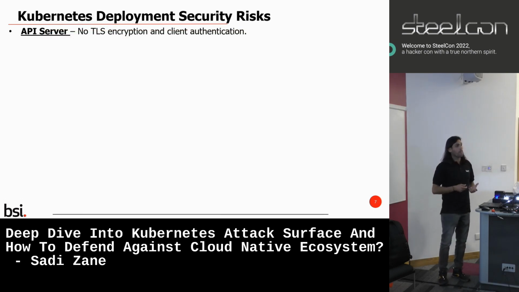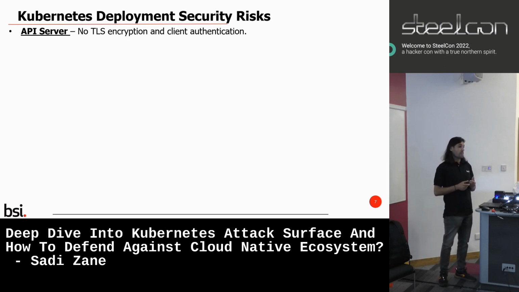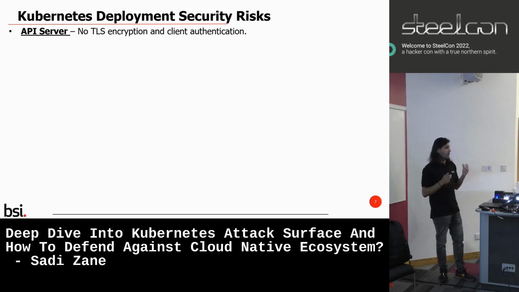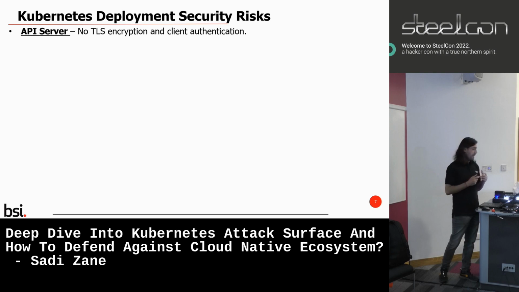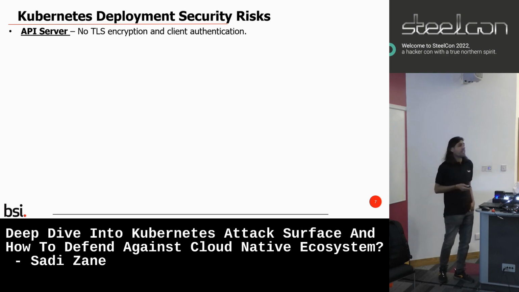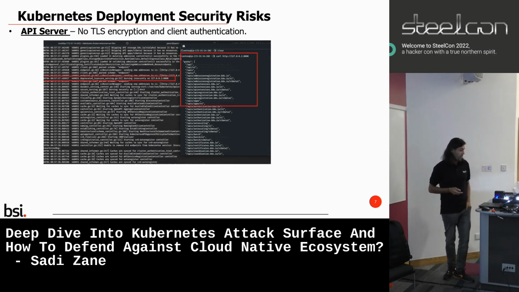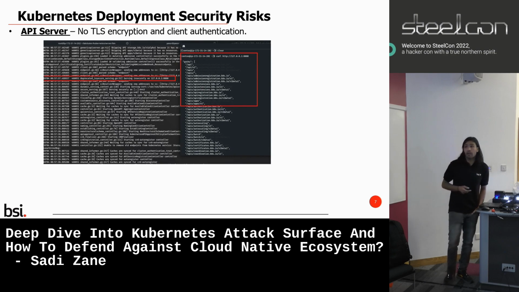authentication and encryption, in transit as well as at rest. So some of the issues we see when you deploy Kubernetes on-premise on bare metal are that there is no TLS and there is no client authentication. So what happens is, when there is no TLS and no authentication,